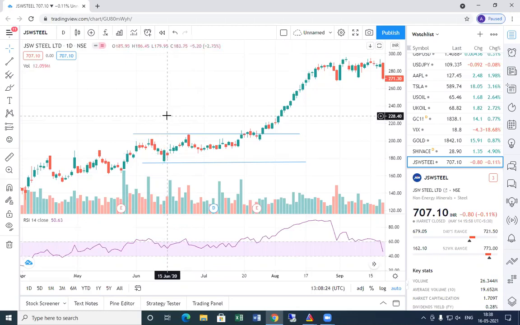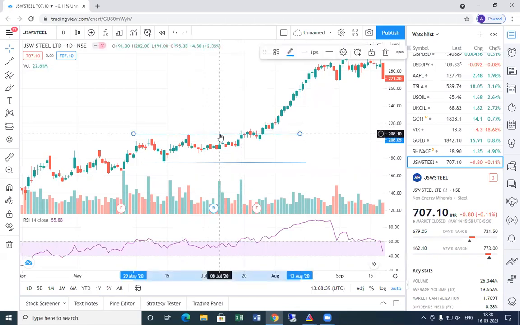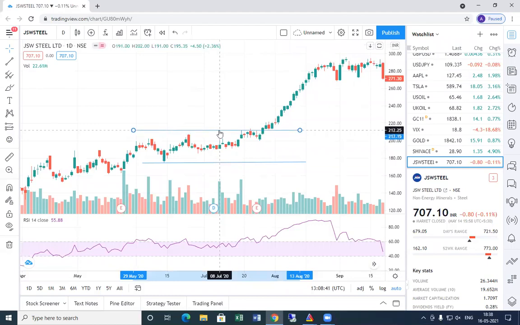Remember, the high and low range of the Donchian channel is dynamic, because as soon as we get a new high, the Donchian channel high and low will also shift. As you can see here, within this candle we get a new high, so the high of this channel will also change.